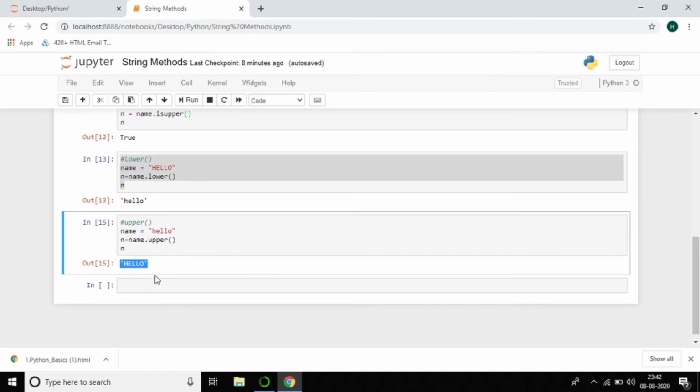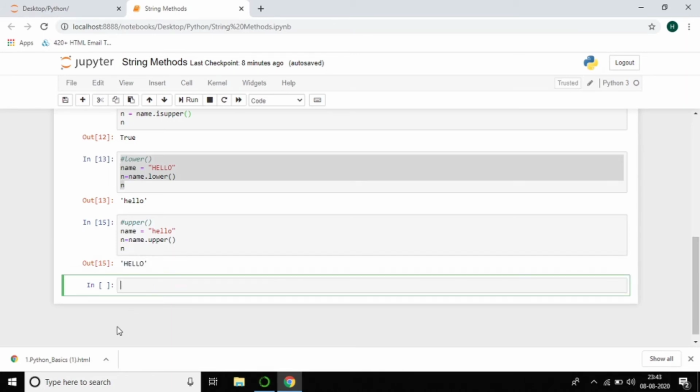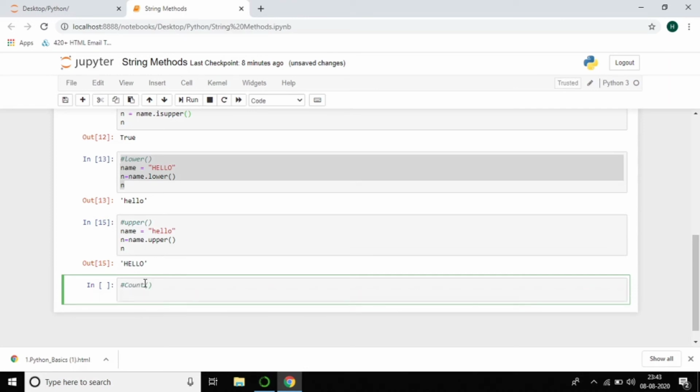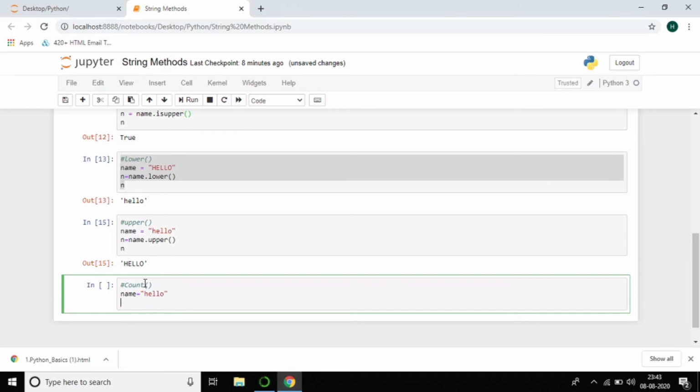Now another method is called count. You can see how many characters there are, like how many L characters. I'm giving name equal to hello, and use count equal to name dot count with the character to be counted.